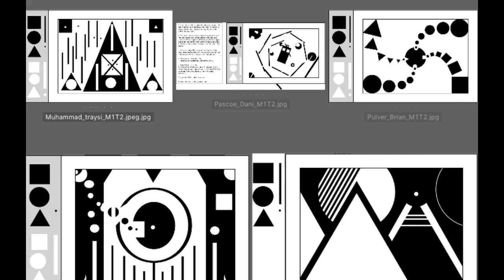Hi everybody. So this is our second critique for milestone 1, and in this particular assignment, what you were doing is in a way quite similar to what we previously worked on in task 1, where we're really starting to just be aware of positive and negative space. The difference with this one on a technical or criteria level is that now you can use as many shapes as you want. You can also change the size of the shapes. But the same principle is in place, that we're starting to really consider what negative spaces do